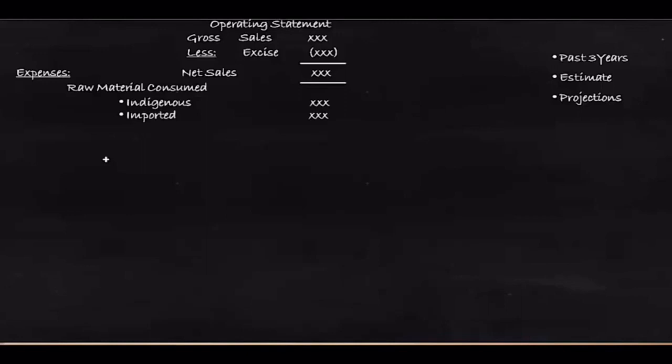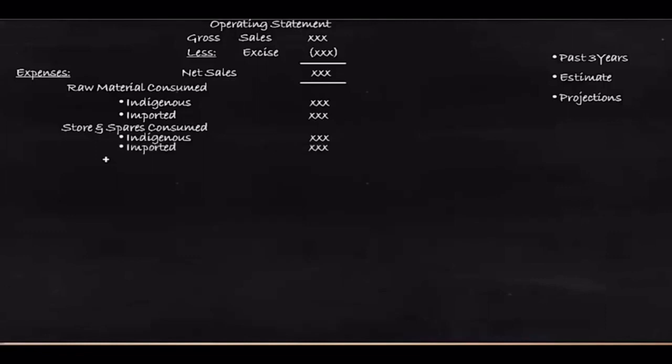This information is important because they have to understand how much is sourced locally and how much is sourced from outside the country, because when it becomes an outside country purchase, obviously it would require something called a letter of credit. For that purpose, this breakup is required. Number two, what are the stores and spares that have been consumed, and that should be broken into indigenous and